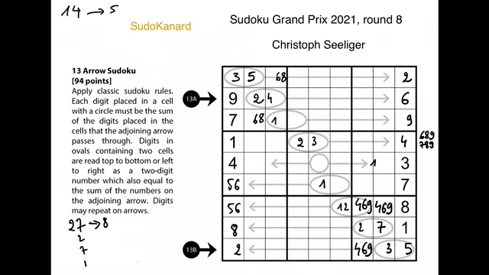Oh, should I really? I'm not sure. I think this digit depends on this one. So let's try. And if this is 6, then we have 22. So the sum of all of this is 23. In which case, this has to be a 6, I think. If I take 6, 7, 9,